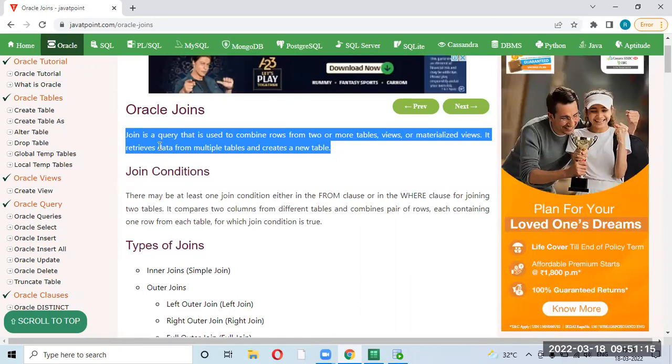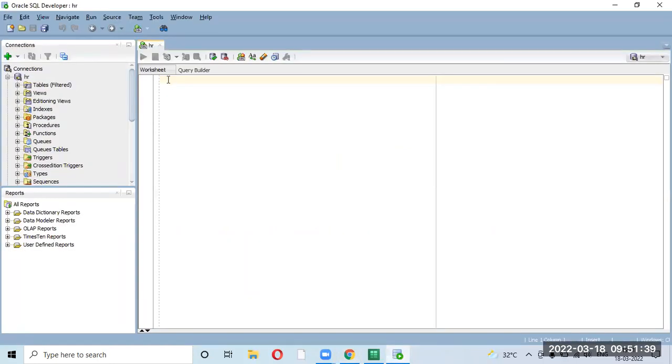For example, there is an employee table. In the employee table, as you saw, you have something called department ID, but the department name you don't know. For example, department ID is 50. I'll open it and show you.